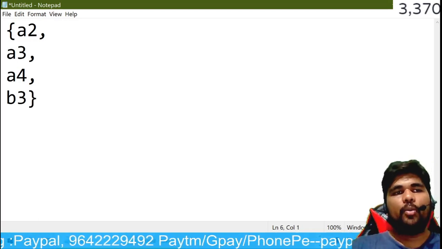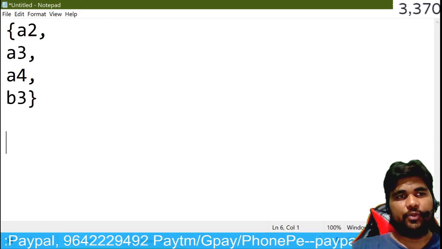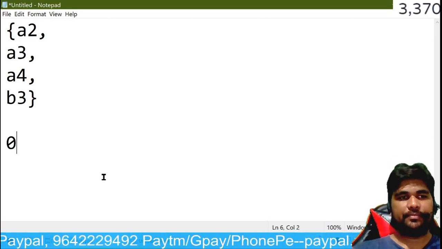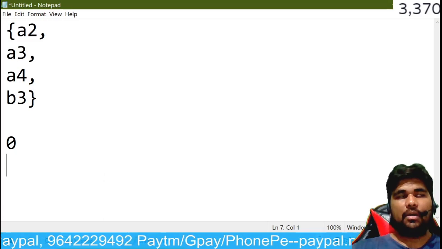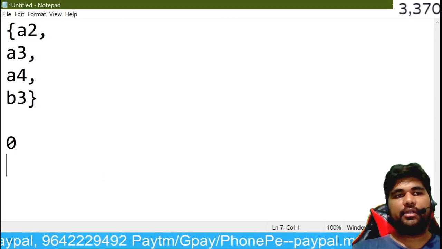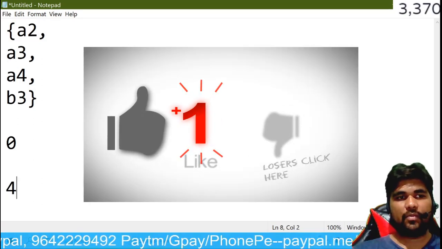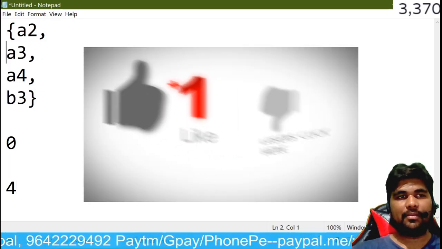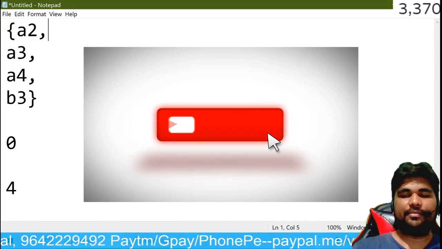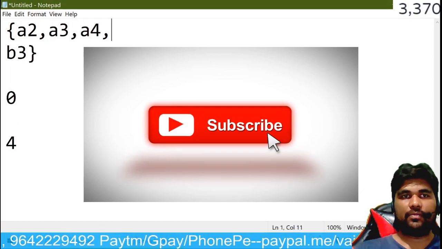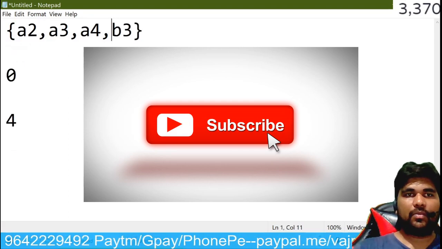Now till how many items do we need to get the value? We started with index 0, right? Yes, sir. Till 1, 2, 3. Till 4 we need to update it, right? Or is it wrong? What should be the last transaction number? 0, 1, 2, 3.